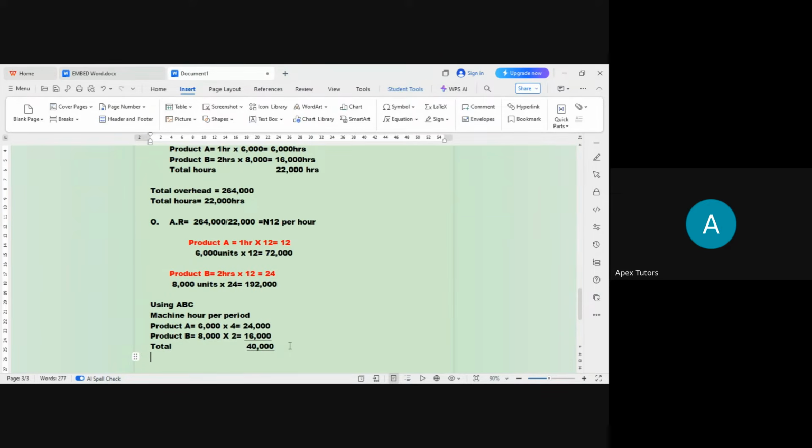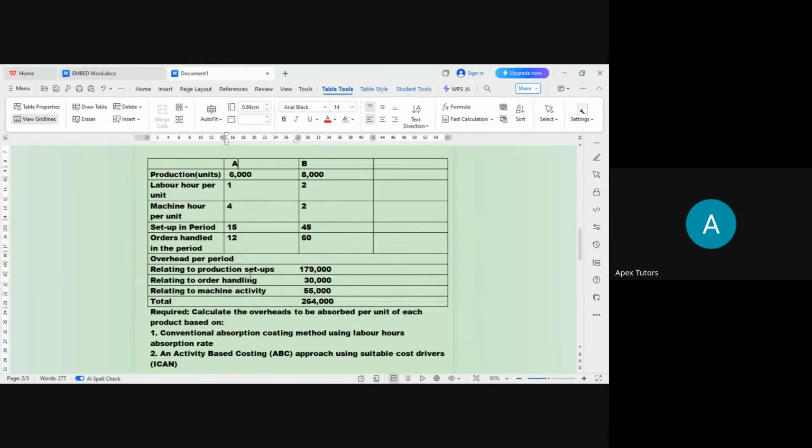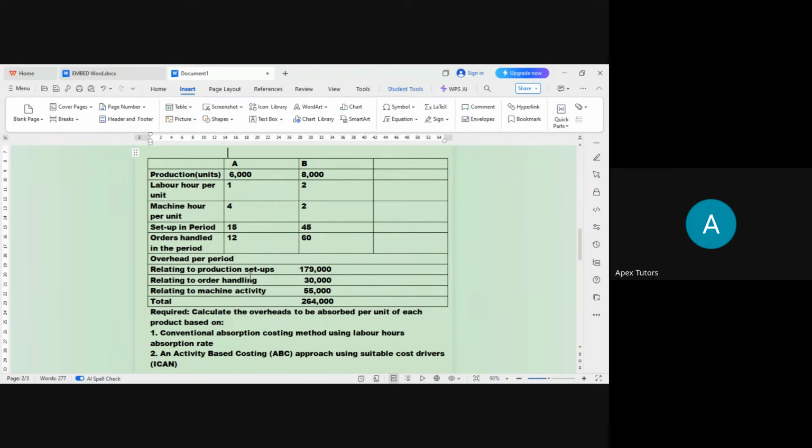Maybe 40,000. Now, for us to determine the cost driver rate, what are we going to do now? You look for the like items. You match the like items to each other. Now, we have